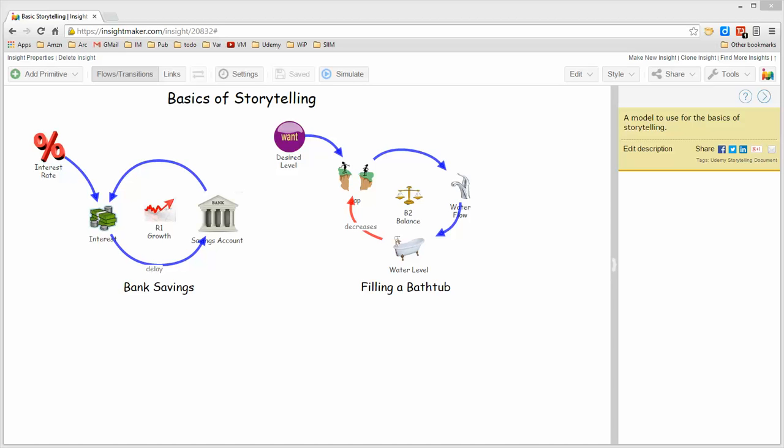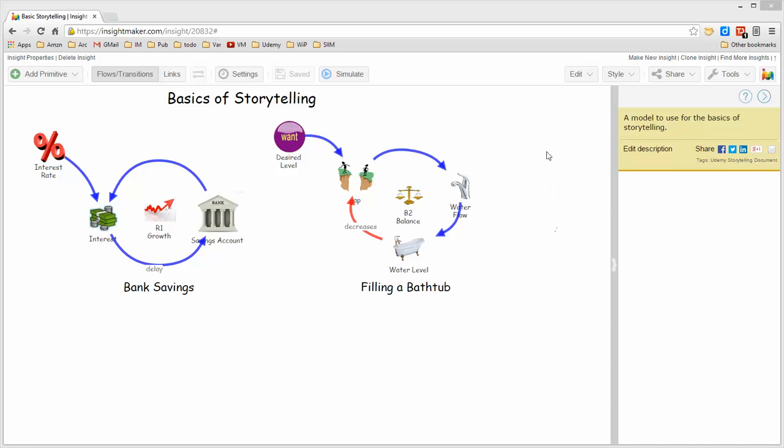In this section, I'm going to talk about the overall basic function of storytelling, and in the next lecture, we'll get into the actual options within the storytelling designer window. An additional thought on this particular model that I'm using is a clone of the model from the last lecture with all of the images replaced with references to my Cloudinary library so that none of them will be broken